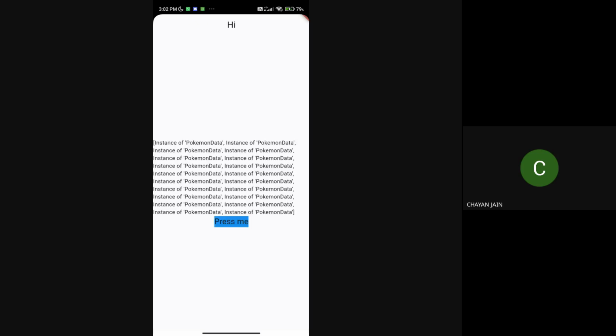Now you can see it's loading, and we have instances of Pokemon. Now, instead of showing a text, let's show it in the form of a list of widgets, right? So let's remove this child. There's a new widget, listview.builder,